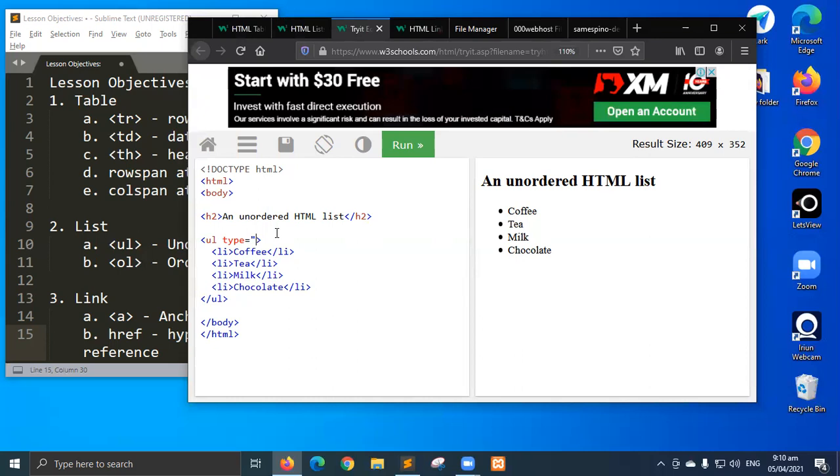Now, if you want to change the disk to circle, you just type circle and then run. So it will turn to circle. So another one is square. Run. That is square. Then the default is disk. So that is the default. So you don't need to type disk. So pinakita ko lang. So let's try using circle. Circle. Run. Now I'm going to copy